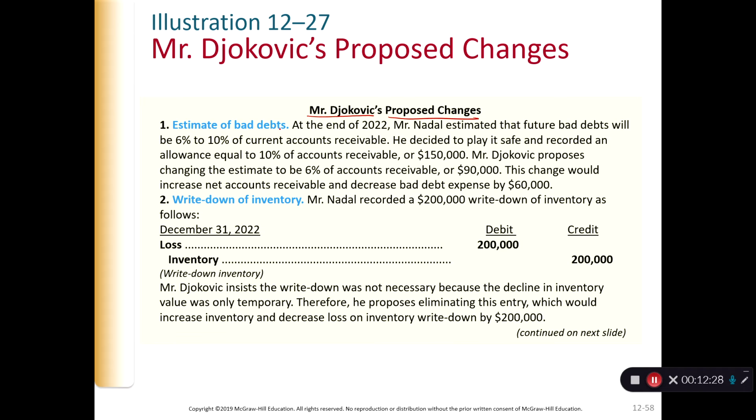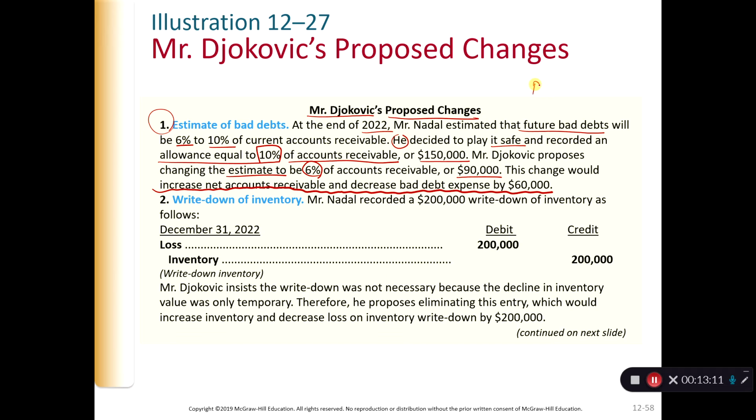First, he says estimation related to estimation of bad debt. His concern is that at the end of the 2022, Mr. Nadal estimated the future bad debt will be about 6% to 10% of current accounts receivable. And he decided to play it very safe and recorded allowance equals 10% of accounts receivable balance, which is $150,000. And Mr. Djokovic proposed that changing this estimation to only 6% of accounts receivable, which is $90,000. And this change will result in increase in net accounts receivable and decrease in a bad debt expense of about